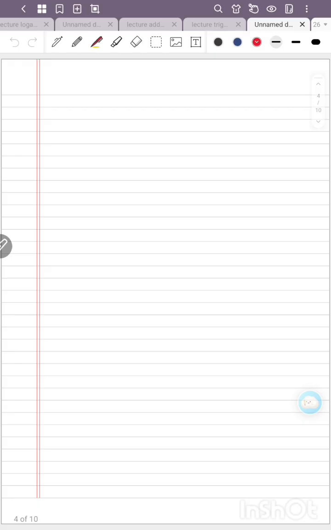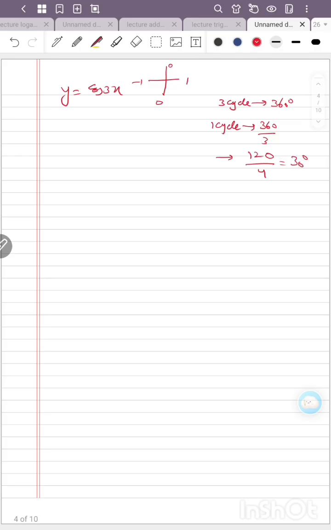अच्छा बेटा, नेक्स्ट हमारे पास ये है y = cos 3x। अब हम इसको कैसे डील करेंगे, 3 साइकिल का ग्रिड बन गया, वो कितना बना, 360। 1 साइकिल का क्या बन गया, 360 से डिवाइड कर दिया तो ये 120 का बन गया। अब देखें कॉस का टेबल 4 है, हम जब 360 को डिवाइड करते हैं तो 4 पे डिवाइड होता है, ये 1, 0, -1, 0। तो 4 से डिवाइड किया तो ये एंगल 30 का बना। अब 30 का मतलब है कि ये ग्राफ थोड़ा लेंथी बनेगा।